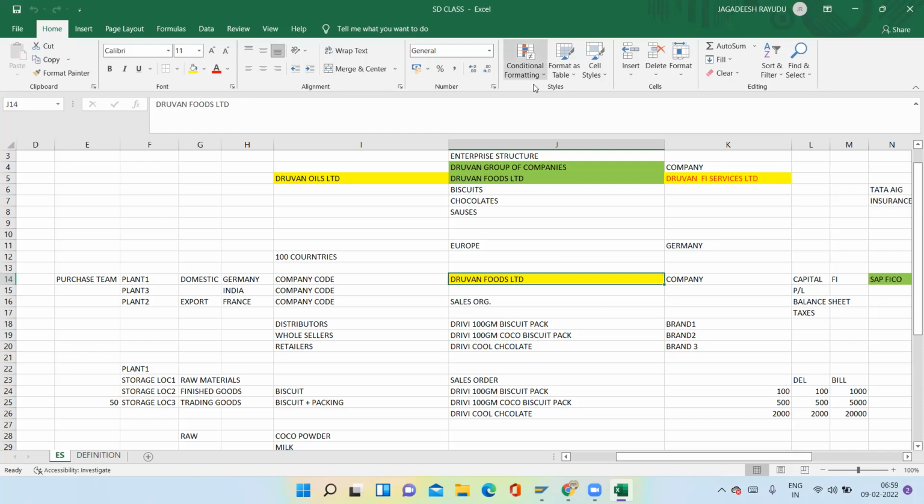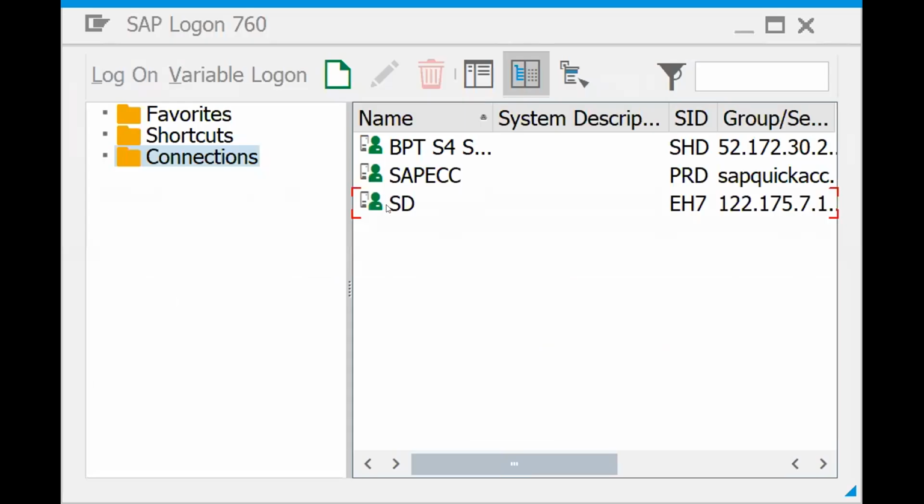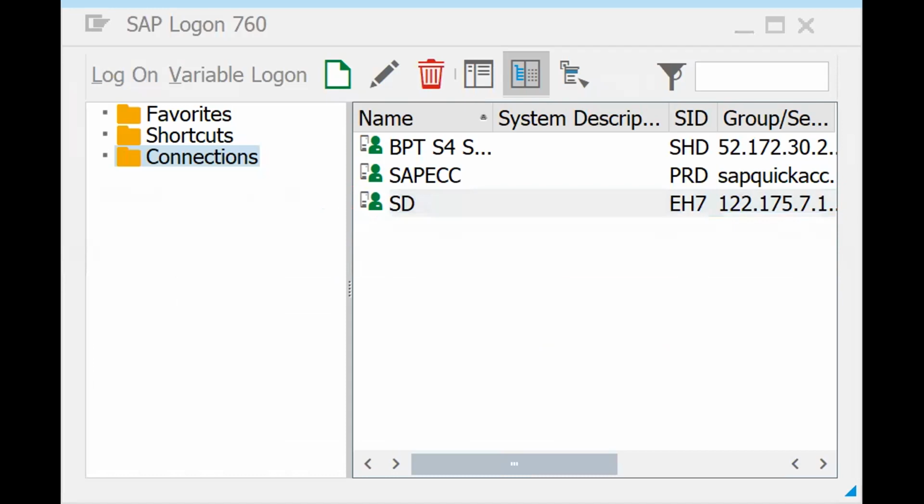Let me share the screen. SAP, let's log in. I will show you how to create this definition. Each element, each organization, we'll call it a company. In SAP technical terminology, organization, we're going to create it. Okay. Org structure. So let's try to